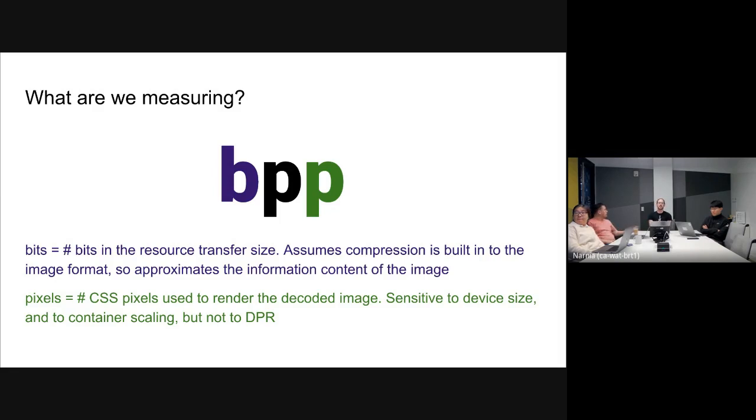Literally, I'm looking at the number of bits in the resource transfer size. So we're assuming that there is compression built into the image format and that the compression is doing its job and that the image is compressed roughly down to the sort of minimum number of bits that you need to express that image. And for pixels, we're looking at the CSS pixels that are actually used on the page to render this. So this is certainly